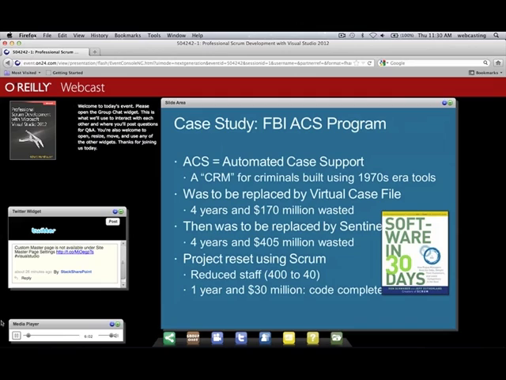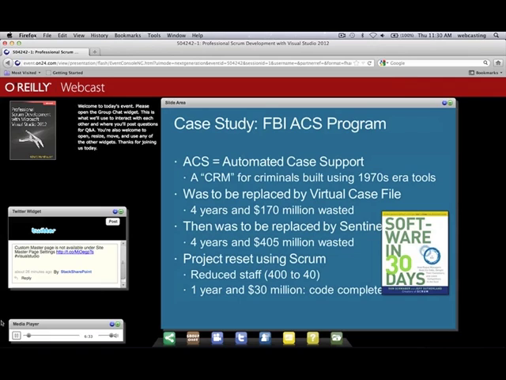Ken Schwaber and Jeff Sutherland came out with a book earlier this year called Software in 30 Days. I love the title, and in fact it's directly related to Scrum, because in Scrum a sprint should be 30 days or less in length. And what they're talking about here is we can put working software on a desktop in 30 days or less. It may not be everything that the release needs, but it's at least something to start a conversation and then delta off of.